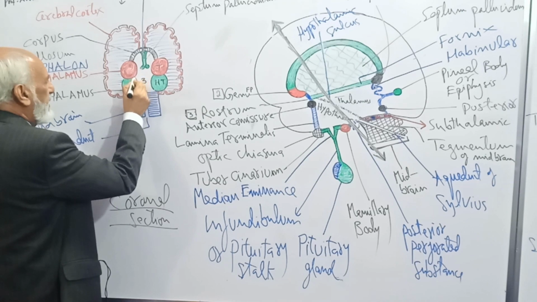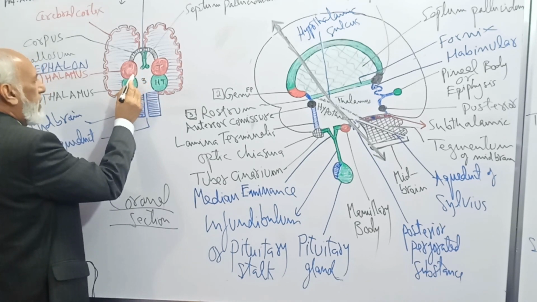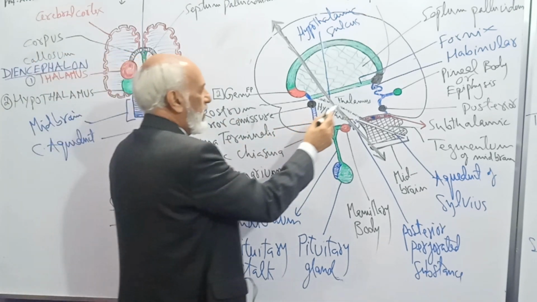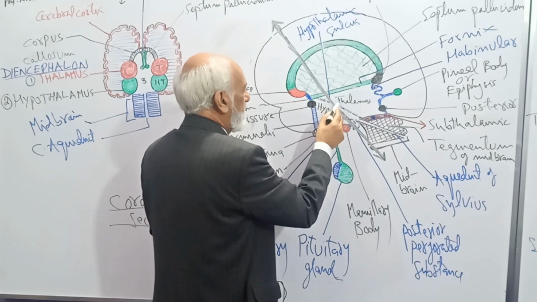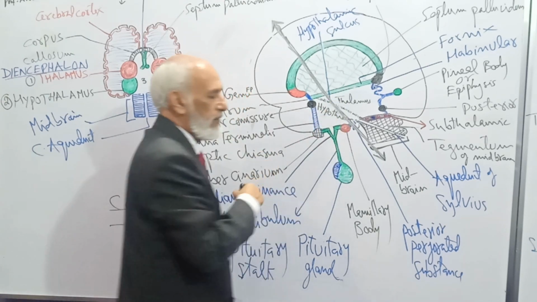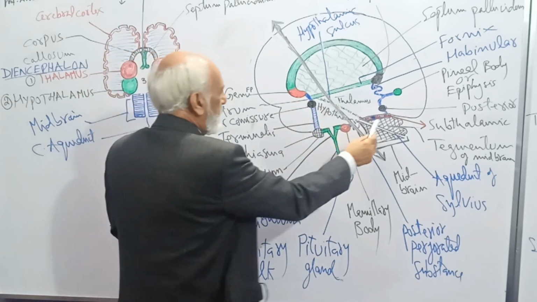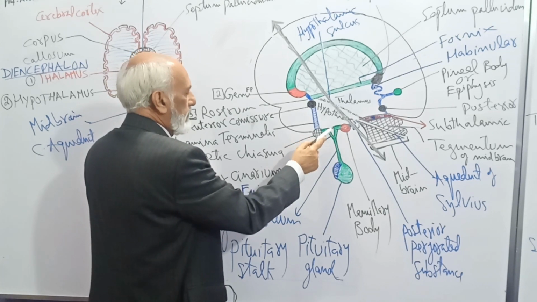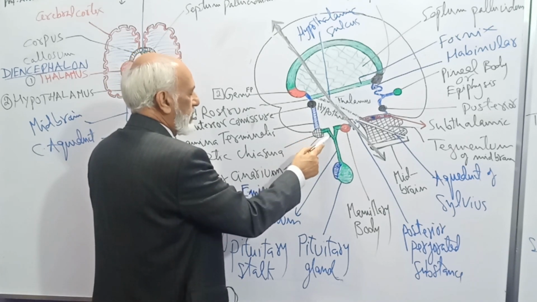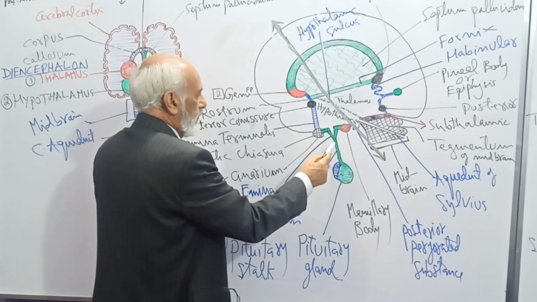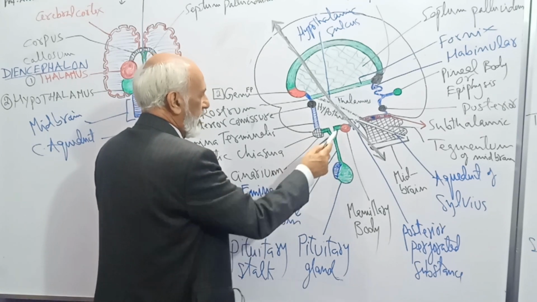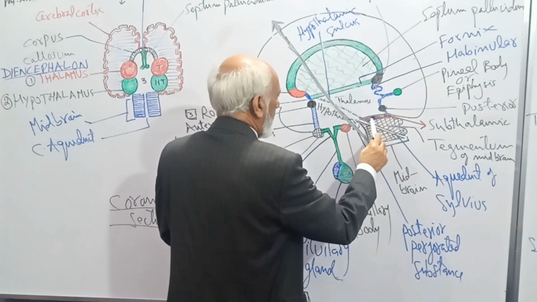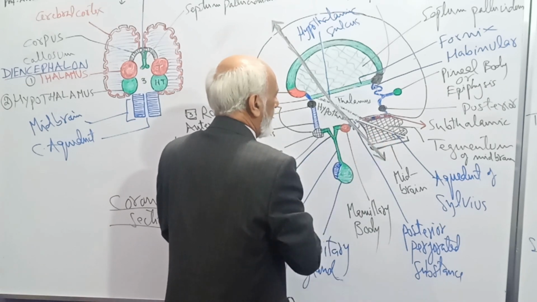Now this is right lateral wall of the third ventricle, which is formed above and behind by thalamus, below and in front by hypothalamus. This is one lateral wall of the third ventricle. Then in the floor of the third ventricle, optic chiasma, tuber cinereum, the conical projection called the median eminence, pituitary stalk or infundibulum, pituitary gland, right mammillary bodies, posterior perforated substance, then the subthalamic tegmentum of the midbrain.